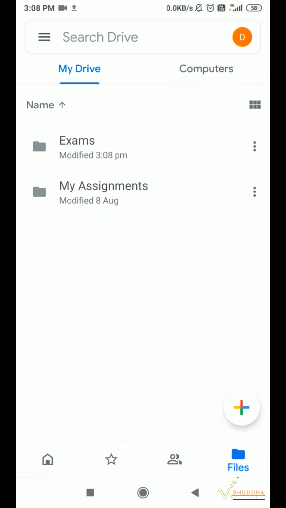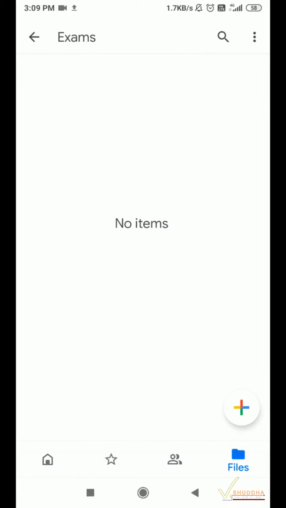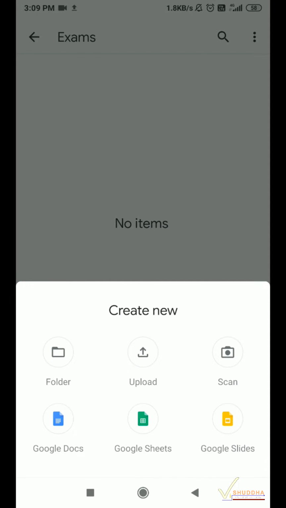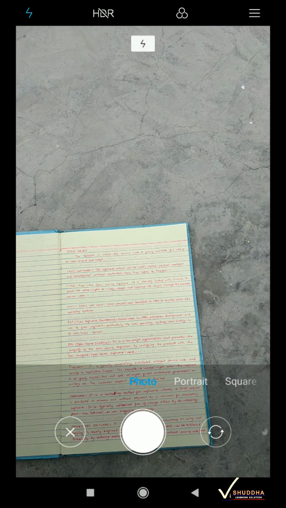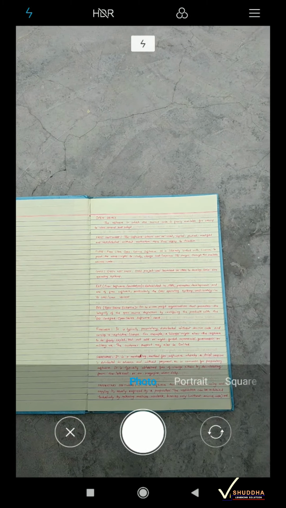Tap on create, then tap on the folder to open it. Now tap on the plus symbol again and select the scan option. This opens the camera. If you are happy with the default settings, you can continue,